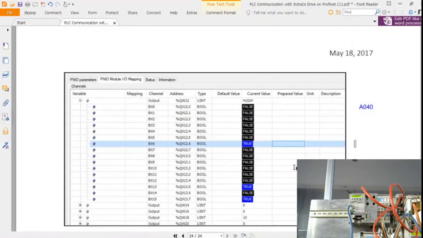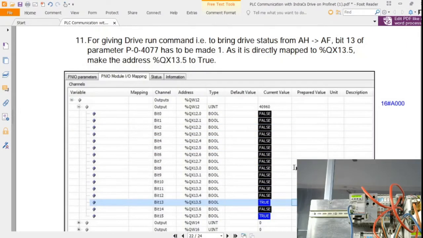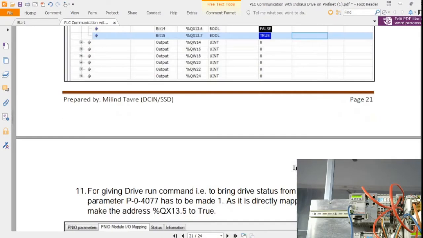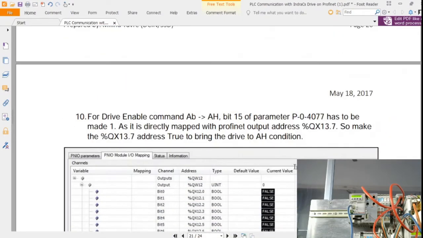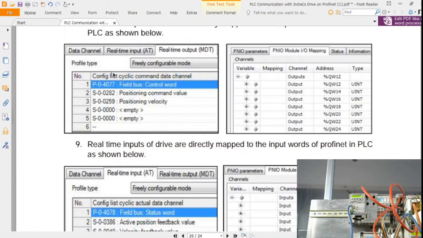So here you can see in the manual of this, this one is our field bus control word. So actually this will take one word. So this QW12, whatever you are configuring in QW12, it is going to be connected with this.